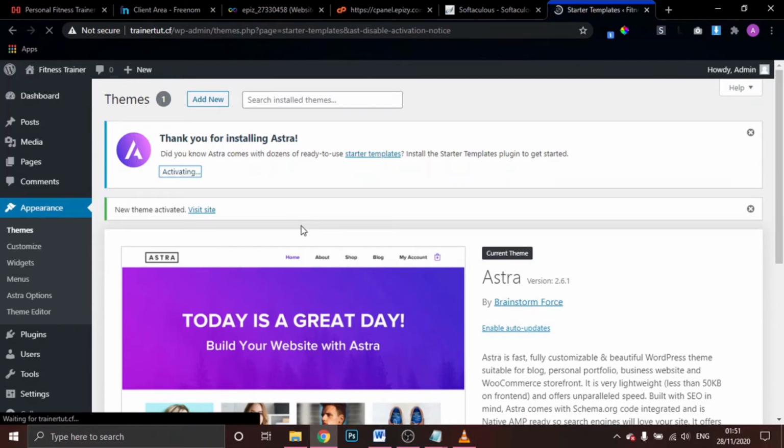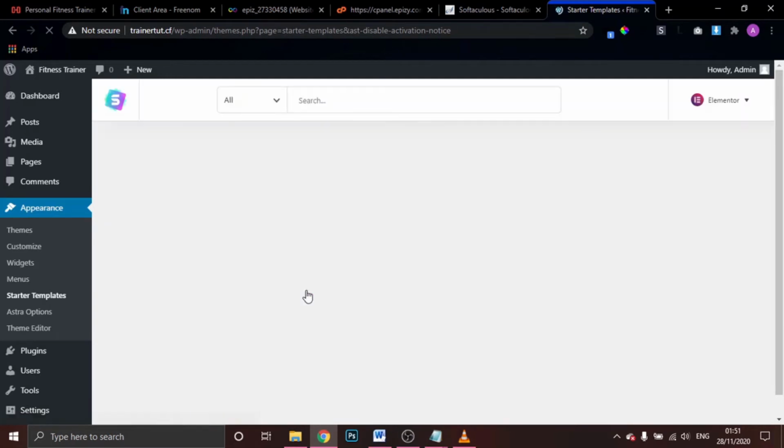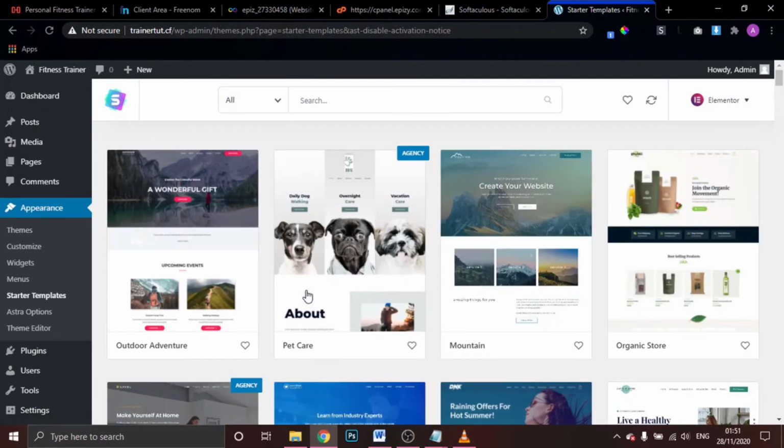It's activating. Okay, so we are going to be using the Elementor page builder. It is completely free, although it has a paid version, but we don't need the paid version for this. We only need the free version. Okay, so in case you didn't see that tab where it says get started